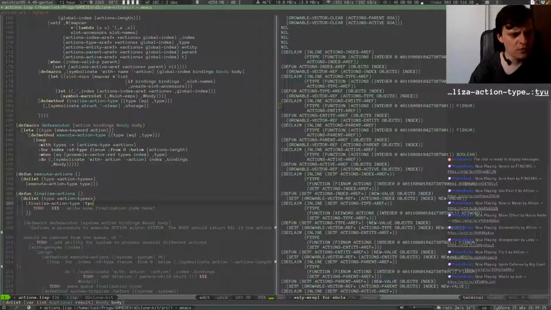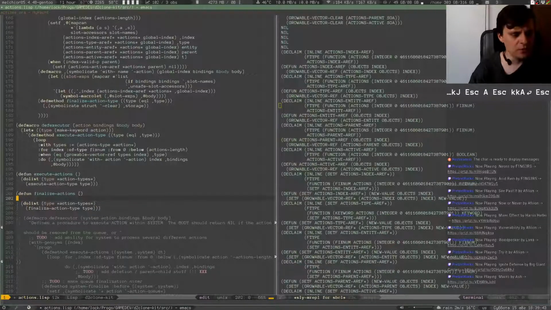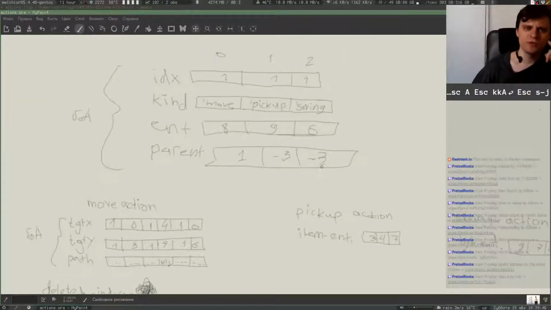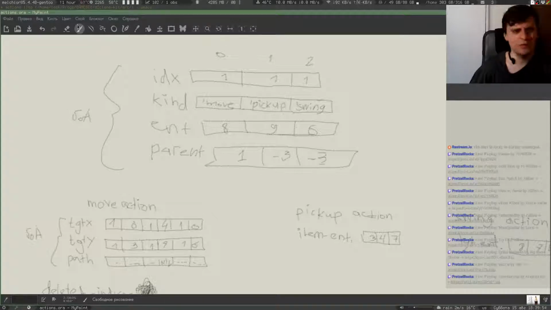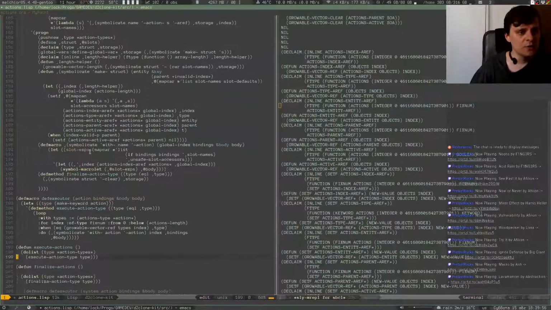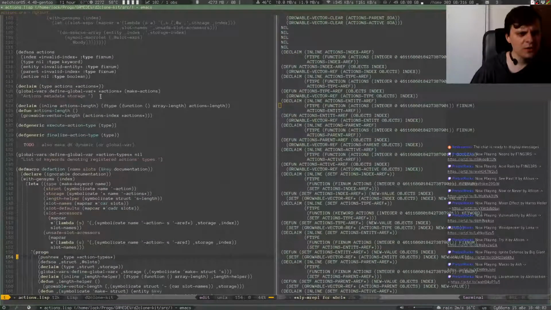Type on that type. Oops, nope. Variable. Okay, so that's it. That's for the types, but I also have to clear those meta information SOA things, which are index, kind, etc. Type. I've named it type, but anyway. So I need to clear. Can I anyway kind of remove? Okay, so I have a global variable, but again I